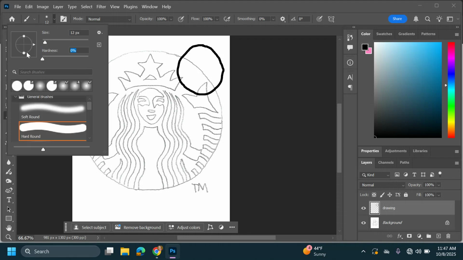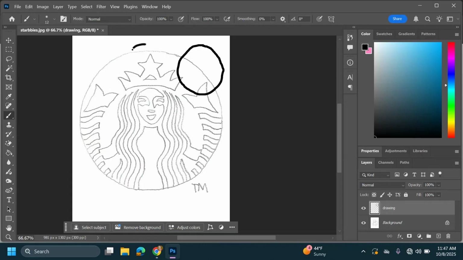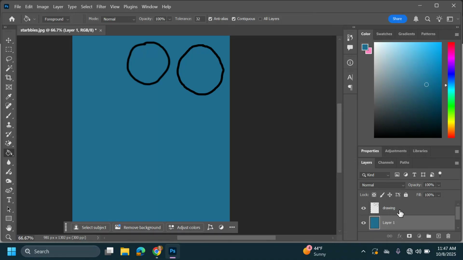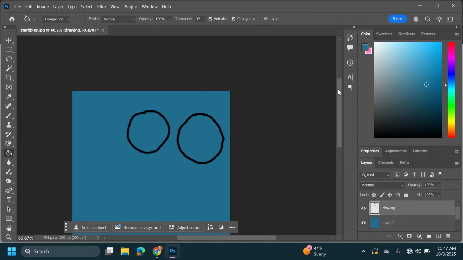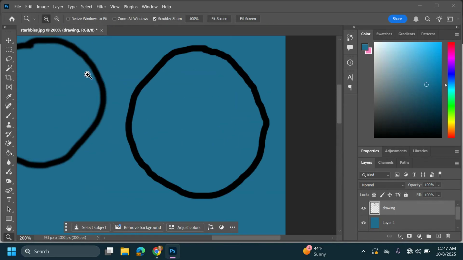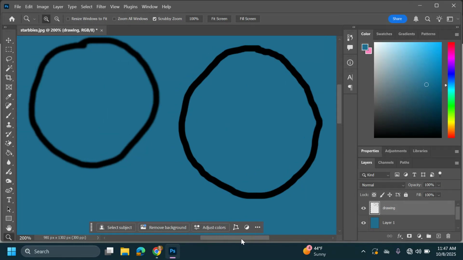I'm going to do hardness of 0, same size. And I'm going to zoom in to show you the difference here. I'm going to add a color to the background too, because I think this is really important to understand. This is why you really want to make sure you're paying attention to which layer you're actually on. And then I'm going to zoom in so you can see better. Okay, so this is the soft fuzzy circle that I just drew, and this is the hard 100% hardness circle that I just drew. When I go in and I use my paint bucket to fill it in with a color,